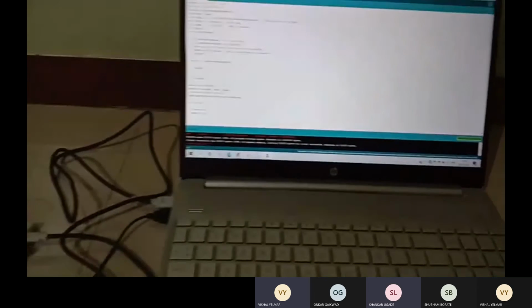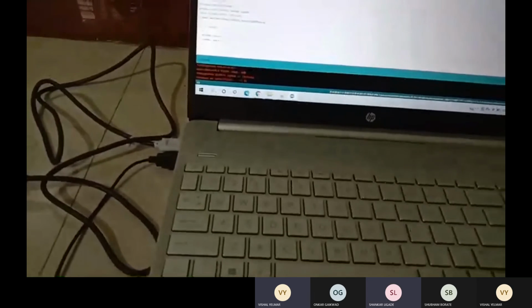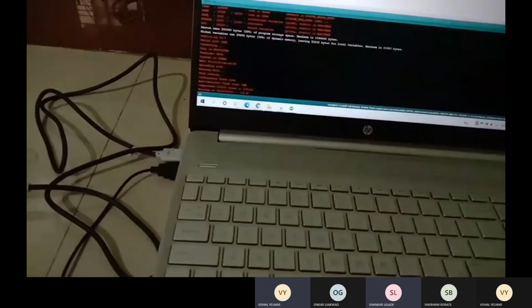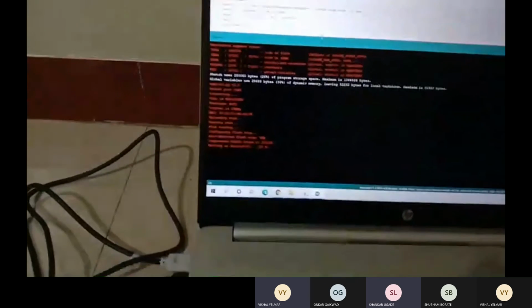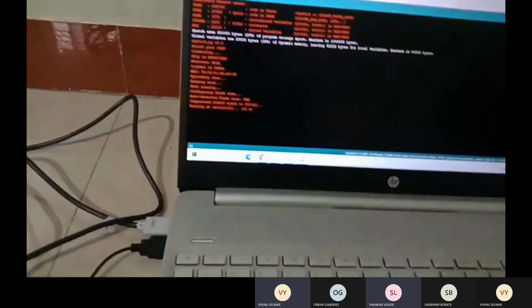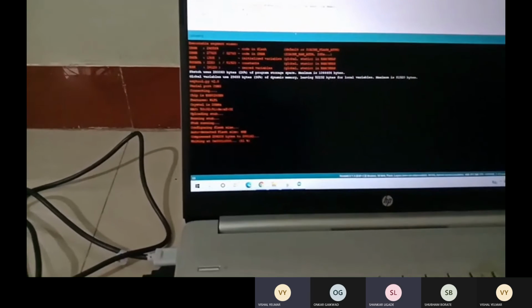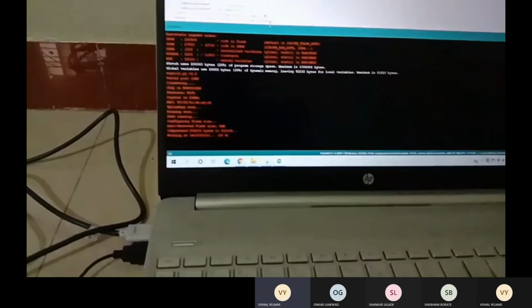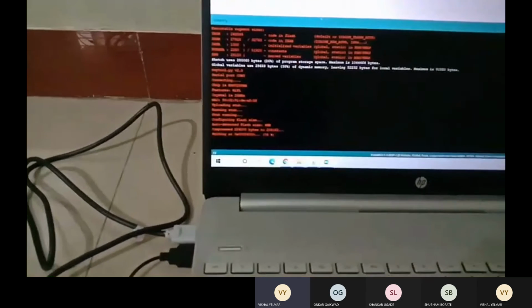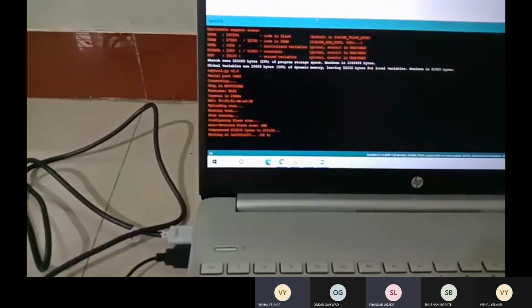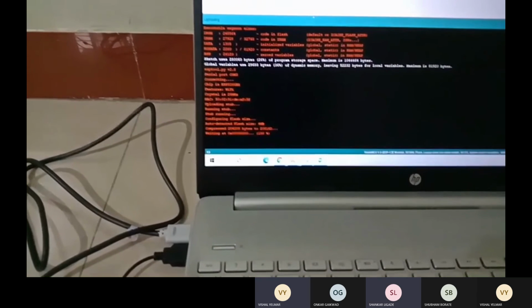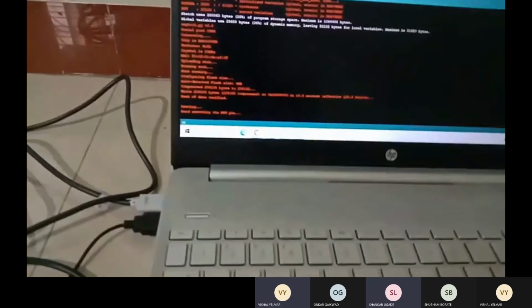We can see here the green color, which means the uploading has started, and we can see 40% uploading is done till now, and it is uploading. We can see the notification here that uploading has started.